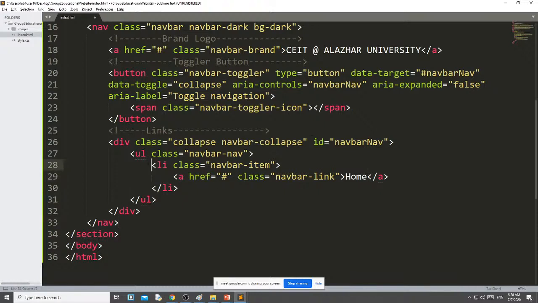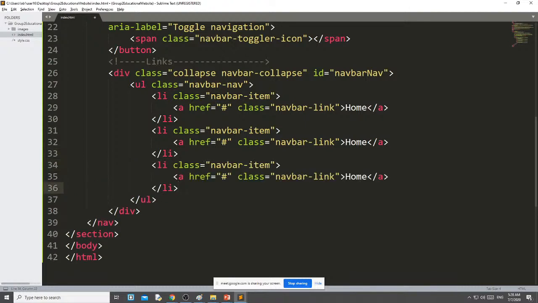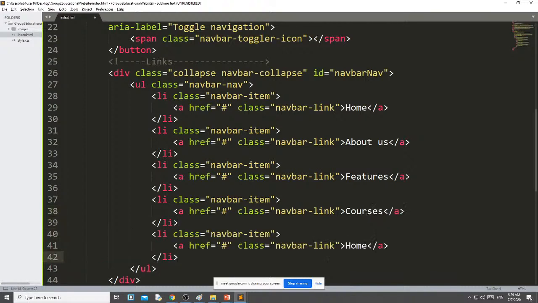Now what I have to do? Just copy this and paste it one time, two times here. About us, here features, then here courses, then team.